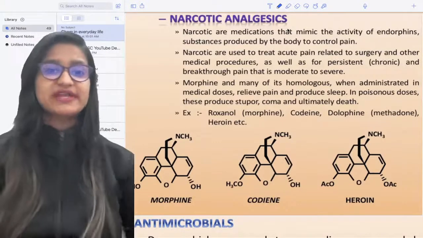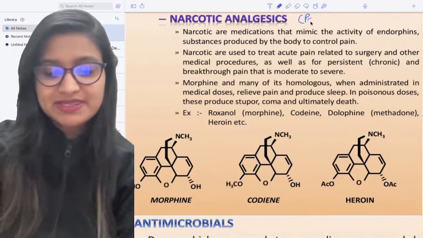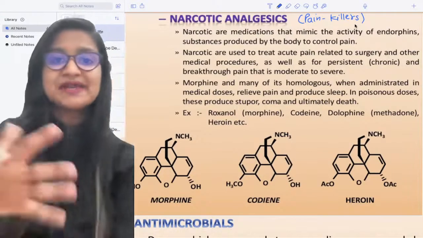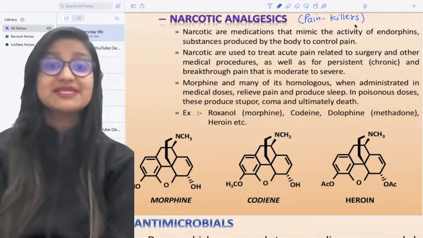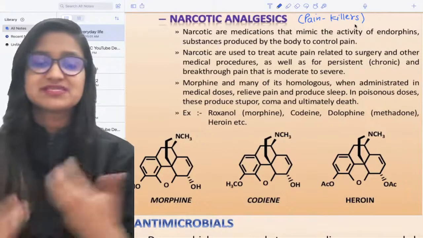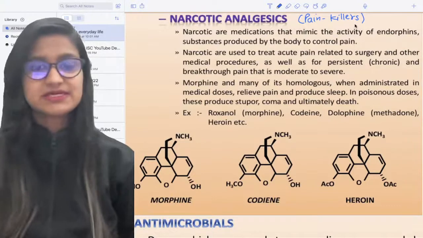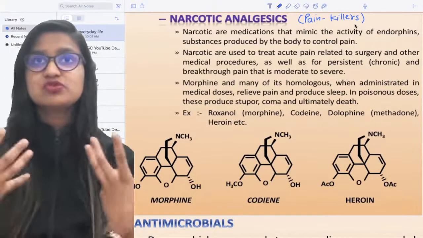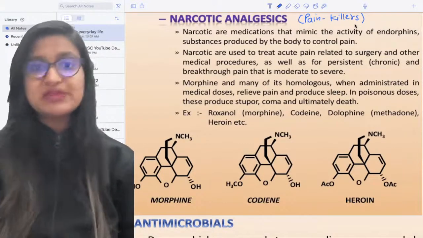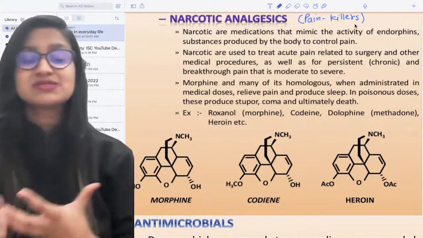Next thing is narcotic analgesics. Now again, these are analgesics, which means these are painkillers, right? But these are narcotic, which means these are addictive. You can get habituated to them. Suppose you are constantly taking some narcotics, and when you try to leave it, saying now I don't want to take it, your body will be addicted to it. You will feel very anxious that you need to take that pill or tablet or whatever that substance is. So this is called narcotic analgesics.